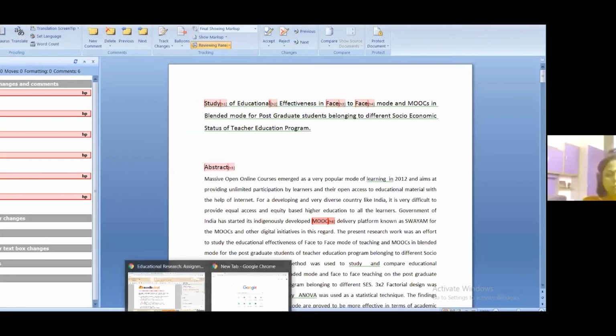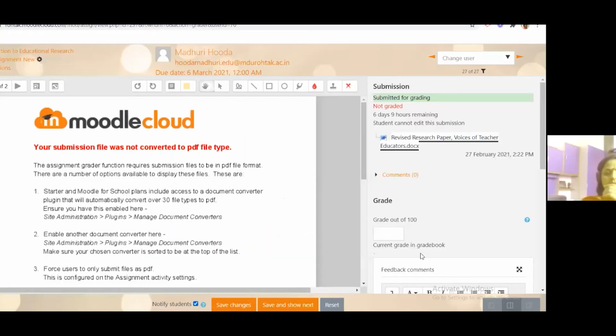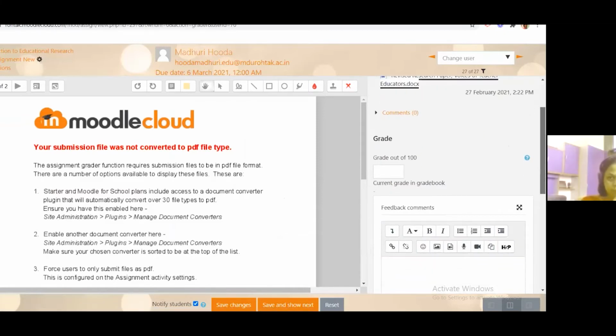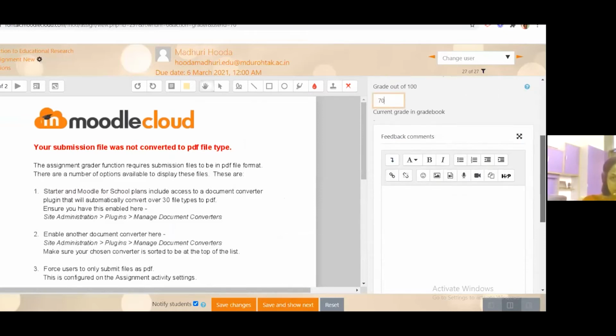Now you will again open your Moodle account. This is your Moodle site. You were checking your assignment. You have checked the assignment. You have given the inline comments also. Now grades can be given. You can give the grades to your student.